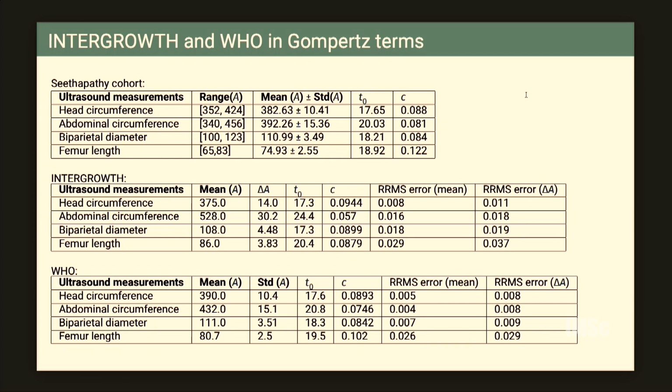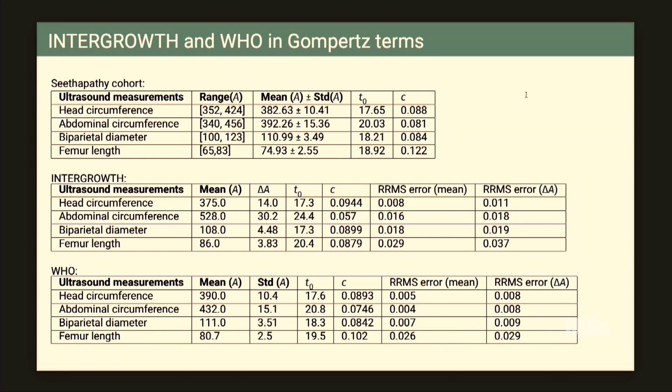Whereas for abdominal circumference, T0 is much later for the Intergrowth formula, and femur length also is a bit later. I don't know what that means really. And the Cs are also in this ballpark, but again, for abdominal circumference, it looks like a bit of a mismatch. If you look at A, the real value is actually higher for head circumference in Intergrowth compared to Zeta-50,